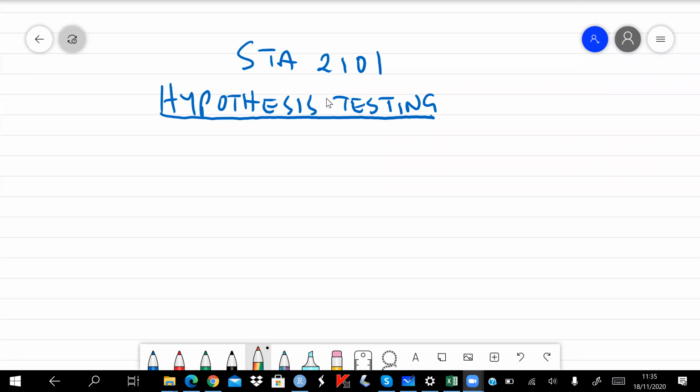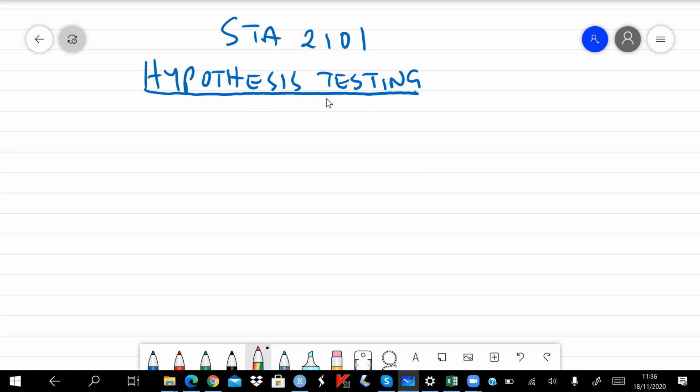Today we are looking at hypothesis testing, and as we mentioned earlier on, hypothesis testing is part of what we call inferential statistics. We have looked at confidence intervals and also point estimation. So in this class, we shall be looking at hypothesis testing. And as I've mentioned, an hypothesis is just a claim. So we can start by saying that an hypothesis